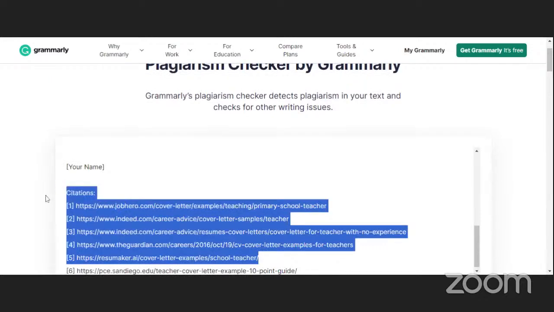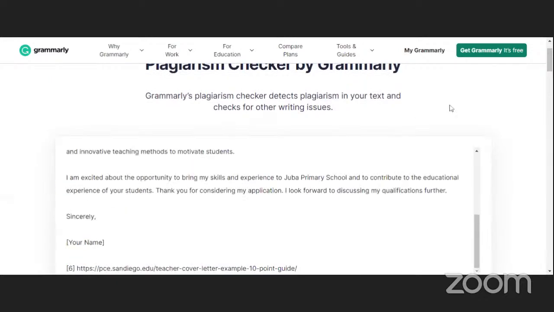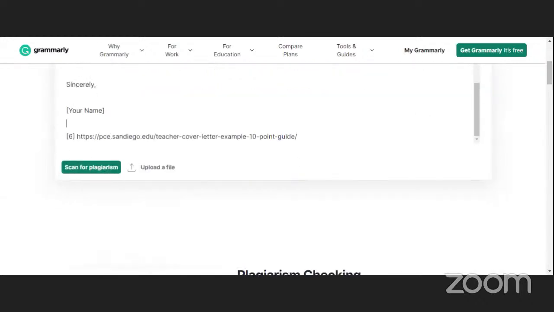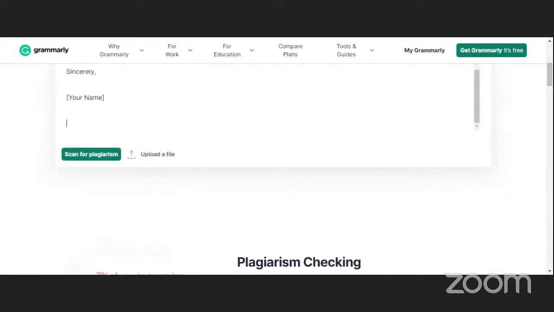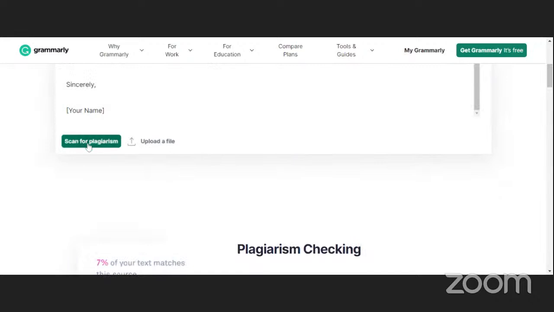After entering your text, like this, you can scan, and then it checks for you if you have any similarity and stuff like that.